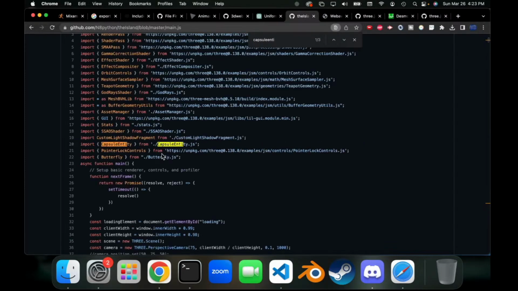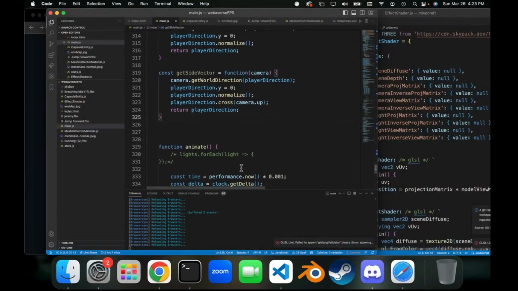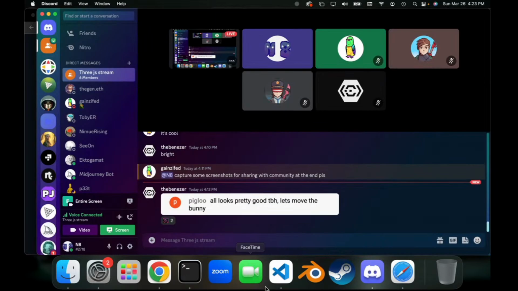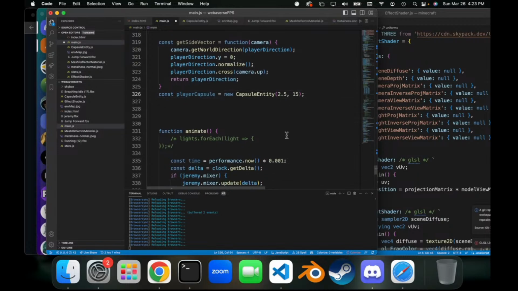So. This is obviously much too small, but we'll scale it up later. Anyway, now that we have the player capsule in the game, what we're going to do is